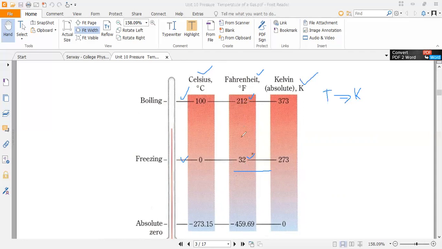So what is the scale? From 32 to 212, we discover that we have 180 units. So our friend Fahrenheit said from the freezing point to the boiling point, we should have 180 units. But our friend Celsius said from 0 degrees to 100, we should have 100 units. So these are the two different modes of measuring temperature that are famously used in the world, but you discover that all of them relate to the